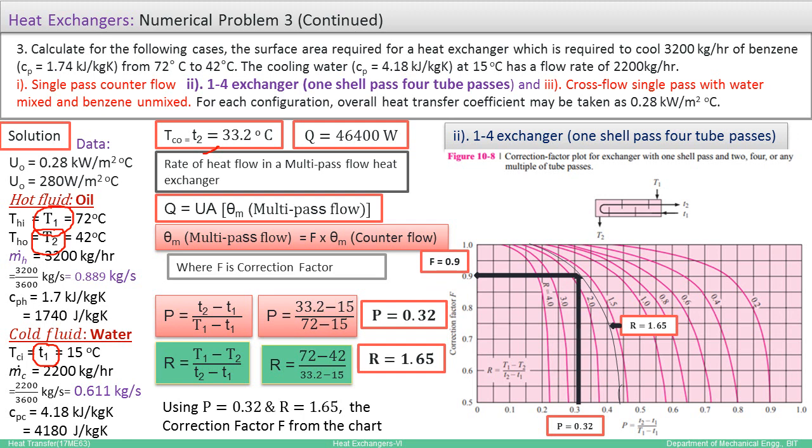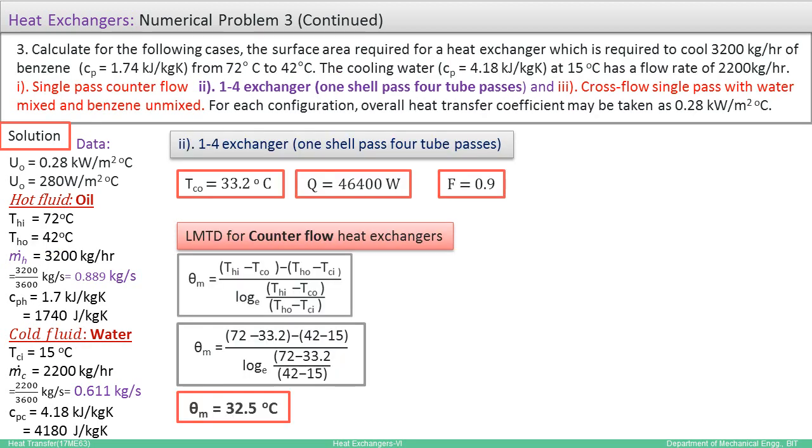But to do so, you have to carefully observe these steps. First, you have to identify P is equal to 0.32 on the x coordinate. That P is equal to 0.32 is to be identified on this graph first, and then you draw an imaginary curve there. You don't have to write that down, but you can approximate it for R value 1.65. That will come somewhere between 1.5 and 2, but a bit closer to 1.5.